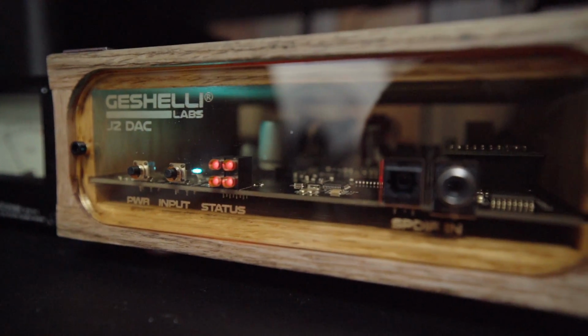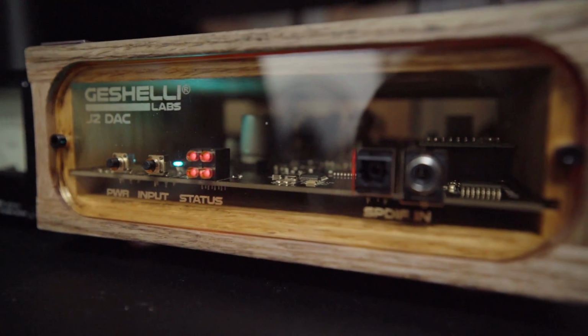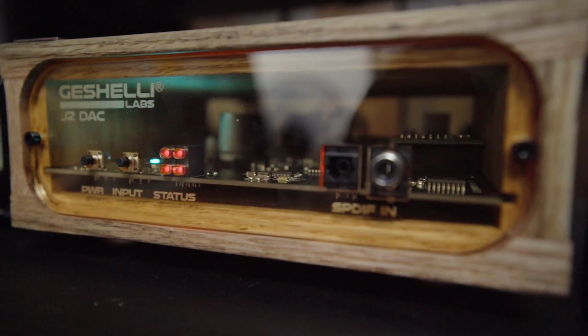So this one utilizes the AKM 4493 DAC chipset. The one thing about this DAC and I've heard it before in the comments, and I always kind of poo-pooed it because, well, my experience was different. In the comments, a lot of people say it's not the chip, it's how it's implemented. And what I think that means is the analog output stage. And for the first time, I heard an AKM DAC chip that